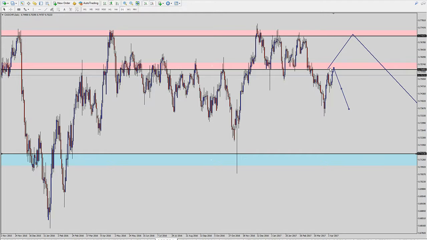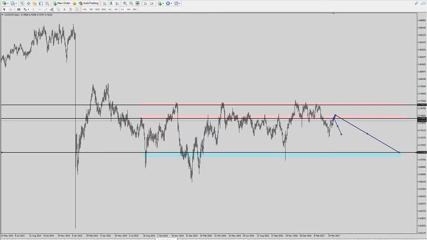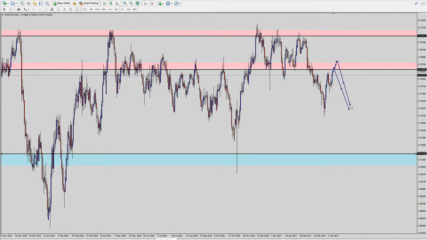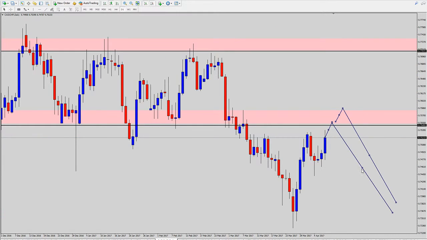Another key point I would like to highlight is that if the market actually breaks out of this zone, I'm looking for probably a nice retest. So what we actually look for, if it does break out of this resistance support, is that retest. And if it holds as a support,